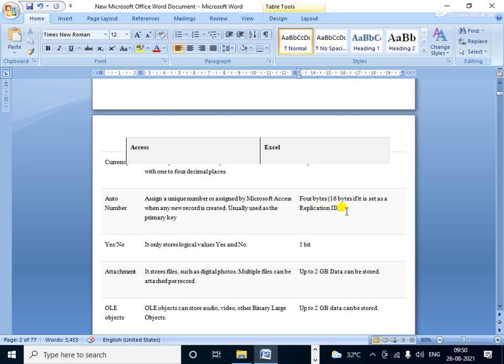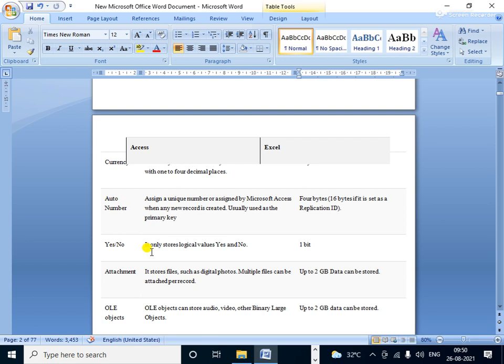In the case of auto number, sometimes 1 mark questions come from that part. Meaning, what is the difference between number and auto number? Number means the user enters the number as per the user's choice, and auto number comes automatically. Okay, this is the 1 mark question that comes. So all of you keep in mind, this is a very important question. What is the difference between number and auto number?